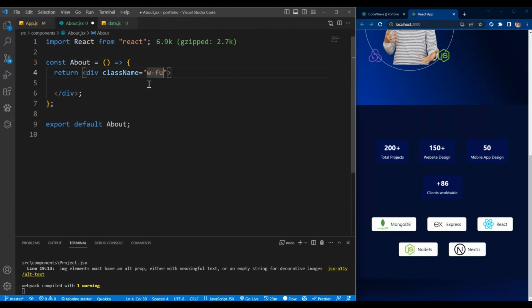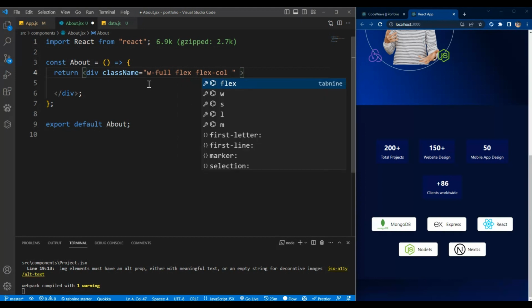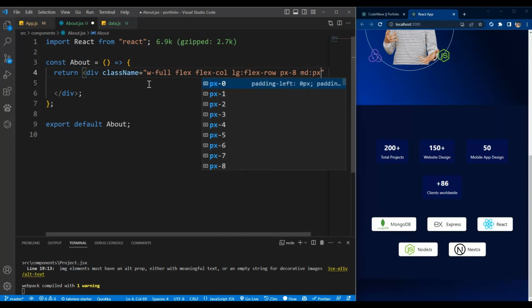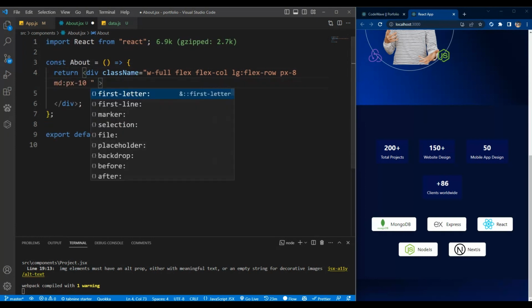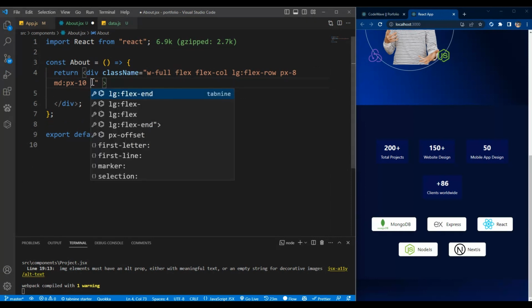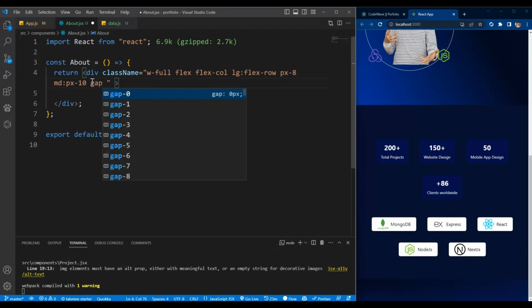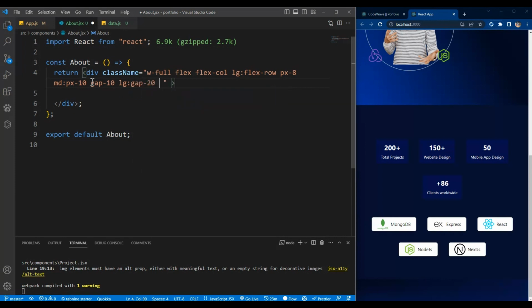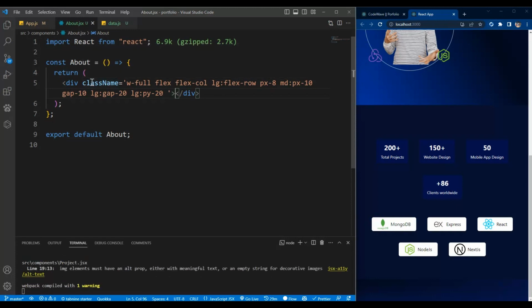So we want the width of full, flex of column, and LG the flex should be row, PX of 8, and MD PX of 10. Gap of 10 and LG gap of 20. LG PY of 20 as well. Inside this div